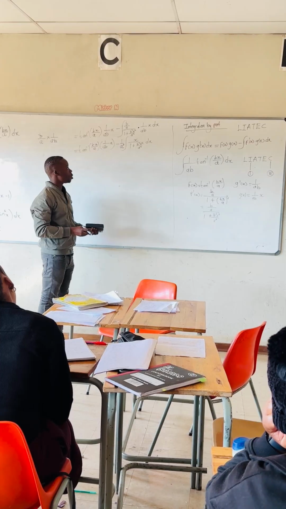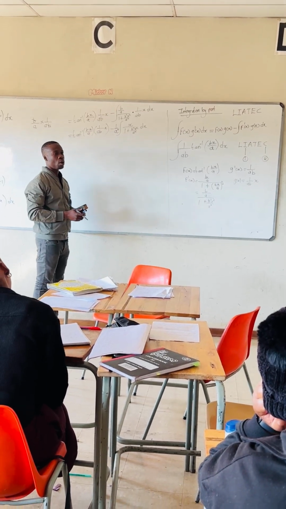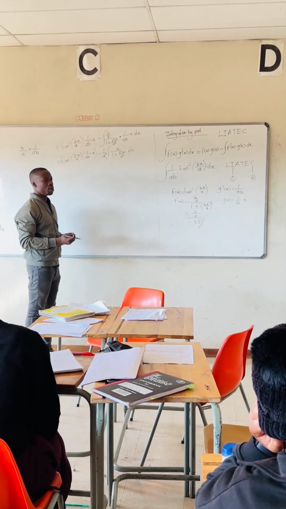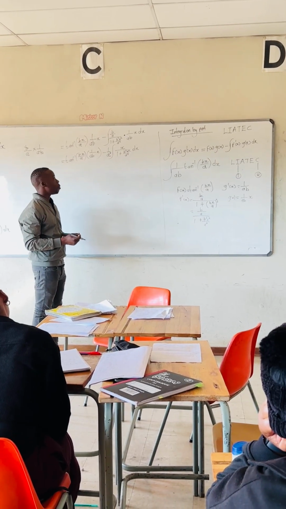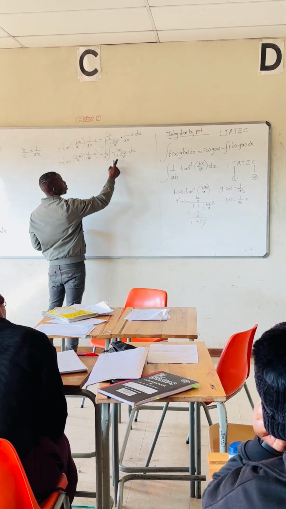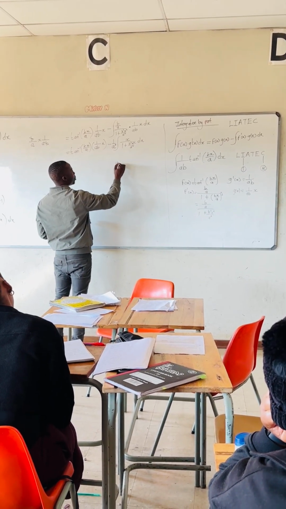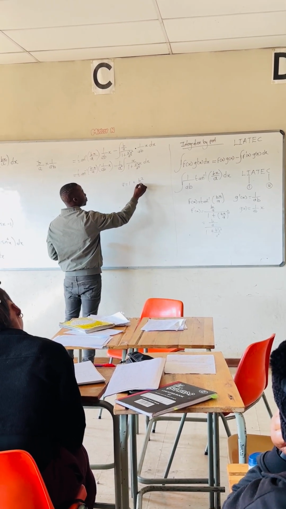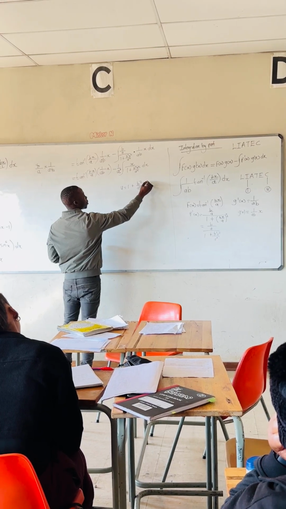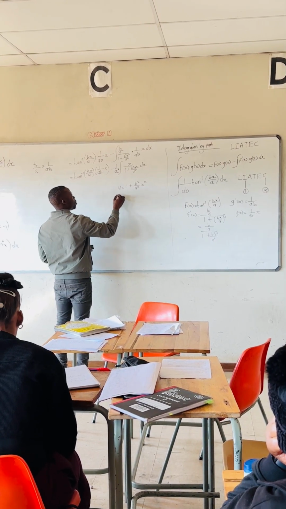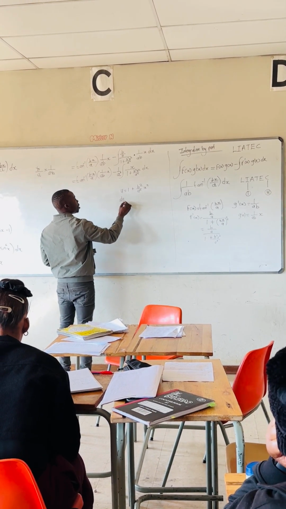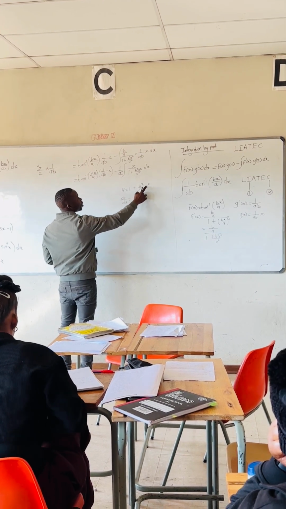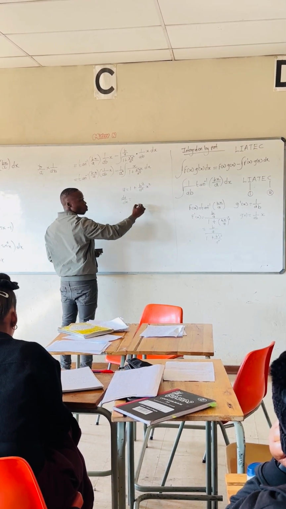You can use your u method or you use inspection. But let's use the u method. So if I let this be my u,